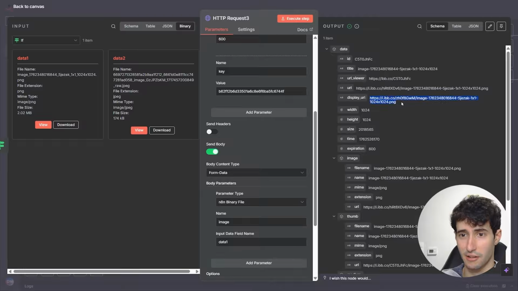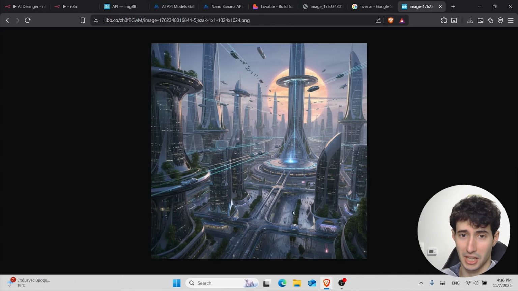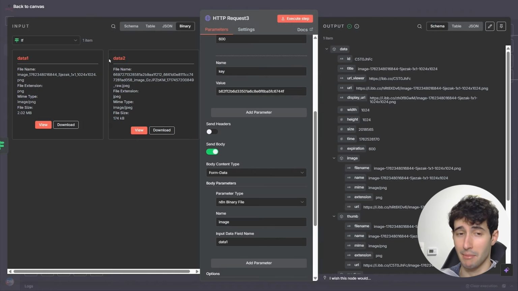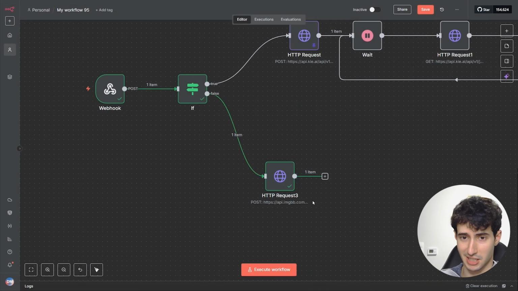And we can see it from this URL over here, because if I copy this and paste it over to Google, we can see the exact image that we just uploaded over to IMGBB. But remember, right now we only uploaded the first image, and we need to do the exact same thing for the second one. So what we basically have to do is to simply come over here, copy this node, paste